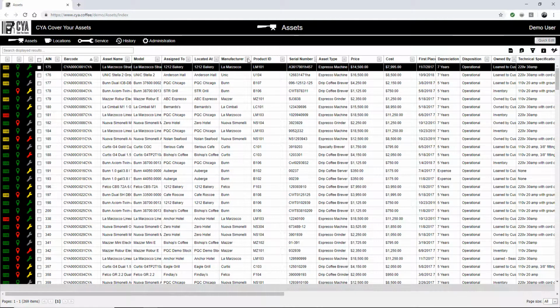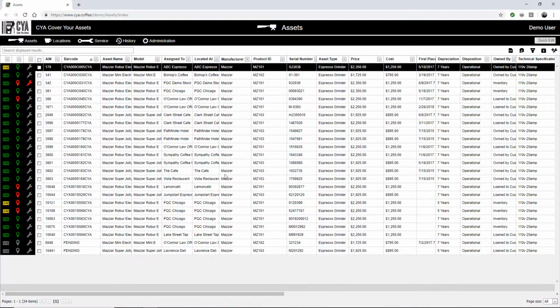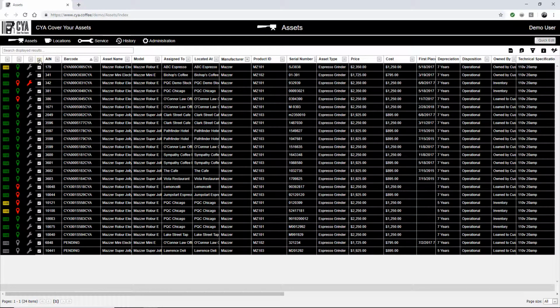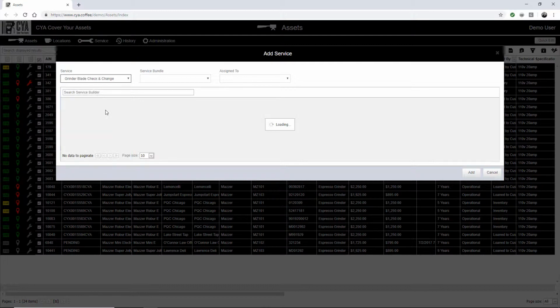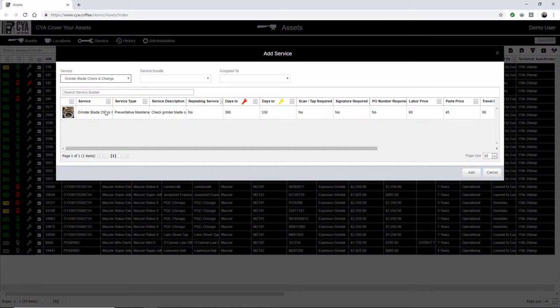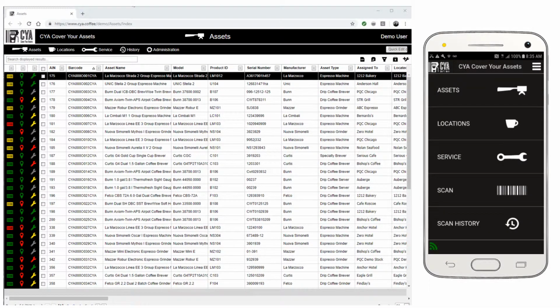There's also a special way to add multiple service calls from the web application by selecting multiple assets at the same time from the asset list and then selecting the Add Service button. The pop-up menu will give you a drop-down to select pre-made builder services that can be applied to all of those assets. So now, to illustrate how to make a new service call,